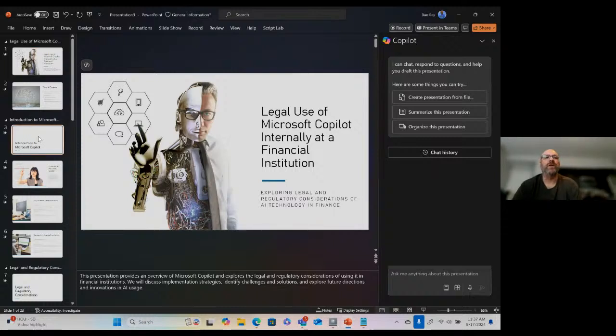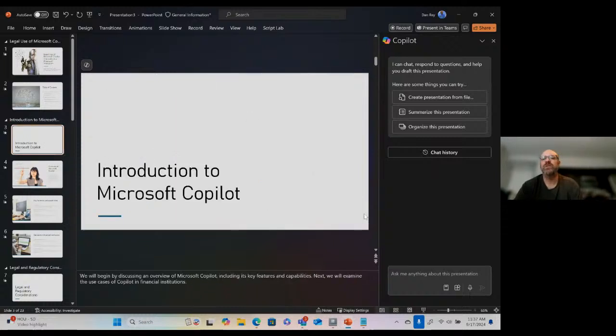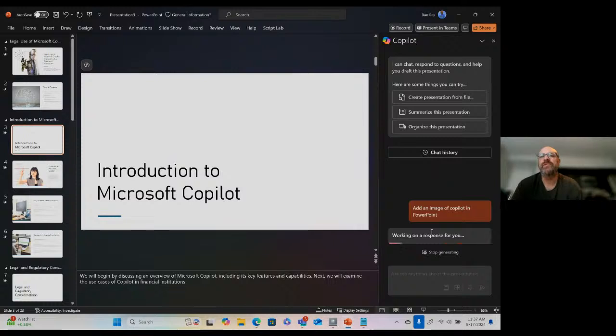If I'm on one of my slides without an image, maybe that's one thing I want to do, is add an image of Copilot in PowerPoint. Let's see if Copilot can help me out with that specifically.